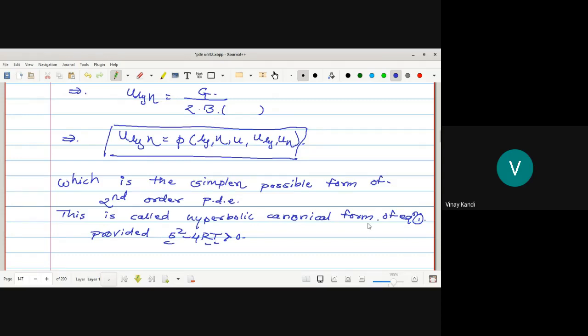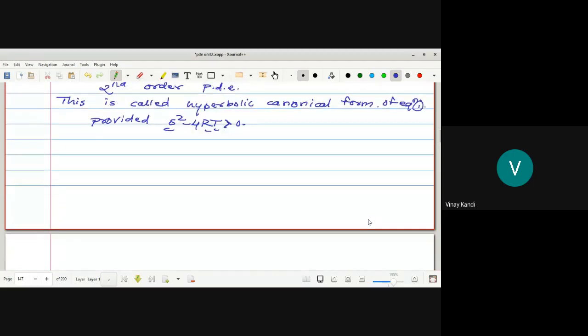Okay, now in the second case, if suppose s square minus 4rt is equal to 0,